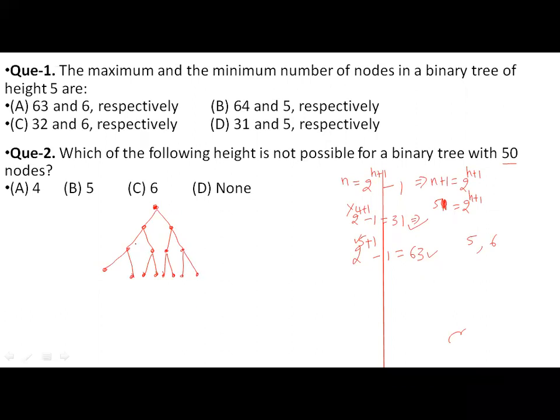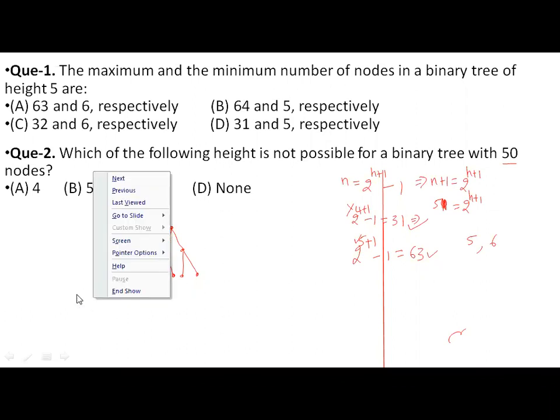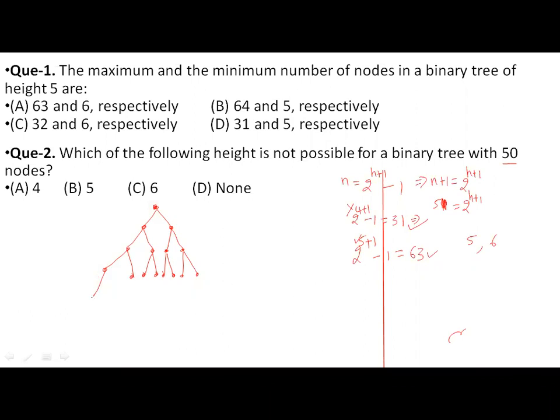Now I got a tree of height 3. Now for height 4, what is the maximum number of nodes I can include? I am just drawing the number 2 here. Or you can draw the tree like this, and for this also 2 nodes I can include. For this also 2 nodes I can include, and for each of these 2 nodes I can include, maximum.